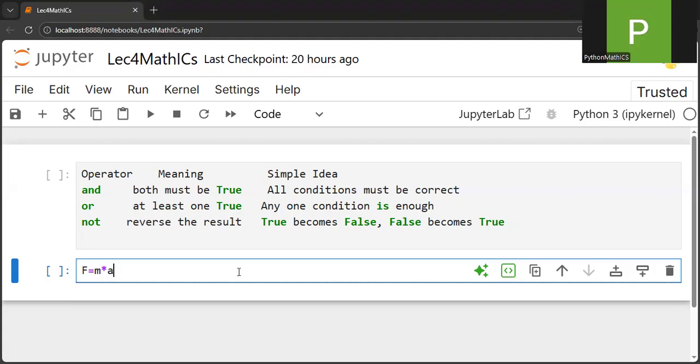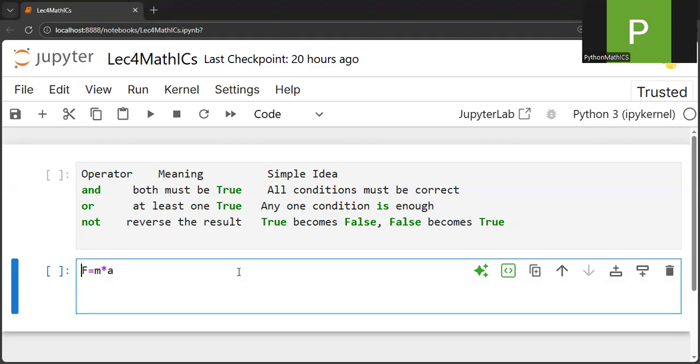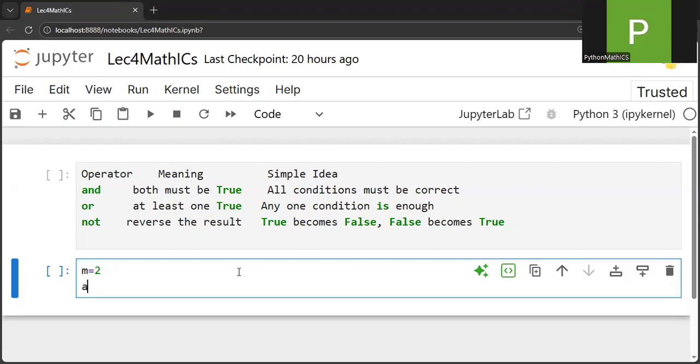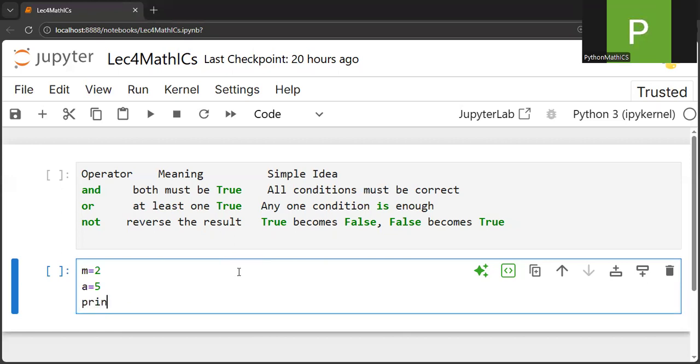So we can write it, for example, m equals 2 and a equals, for example, 5. So we print the result, and the result will tell us whether both the conditions are met or not met. So we check if m is greater than 0